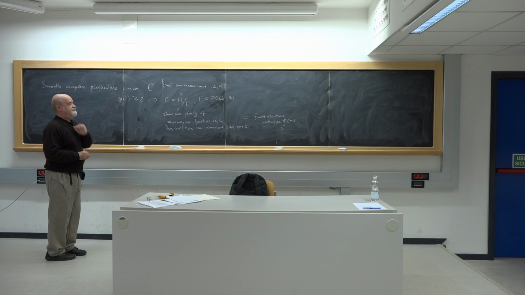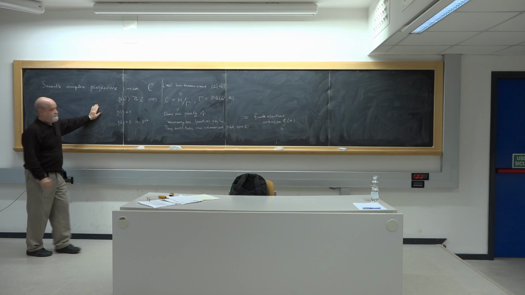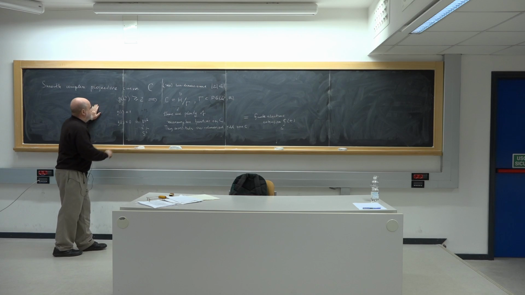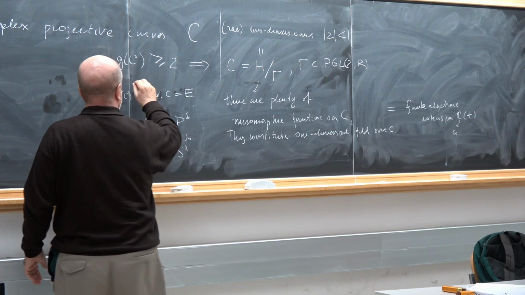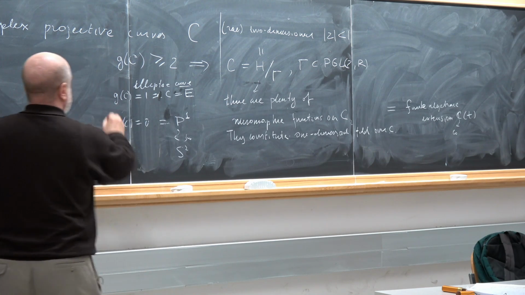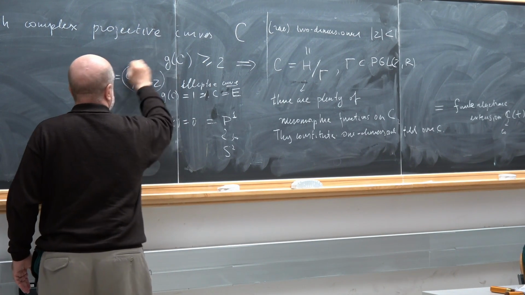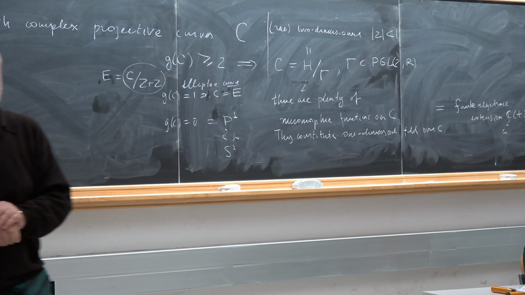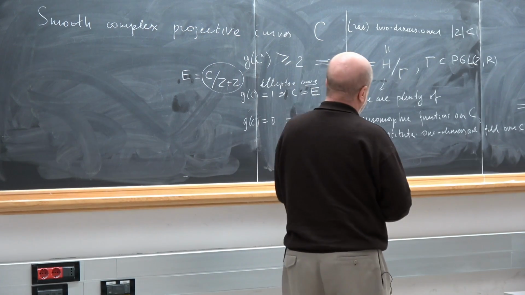Okay. I would be interested in the more algebraic side of the problem. Let me remind you that if the genus of C is equal to 0, this is just P1, only one curve, topologically S2. And genus of C equal to 1 means C is an elliptic curve, E. In this case E is a group, a quotient of C by a lattice Z+Z. All these curves have a very nice analytic description. But as I said, I'm interested in algebraic description, algebraic properties,